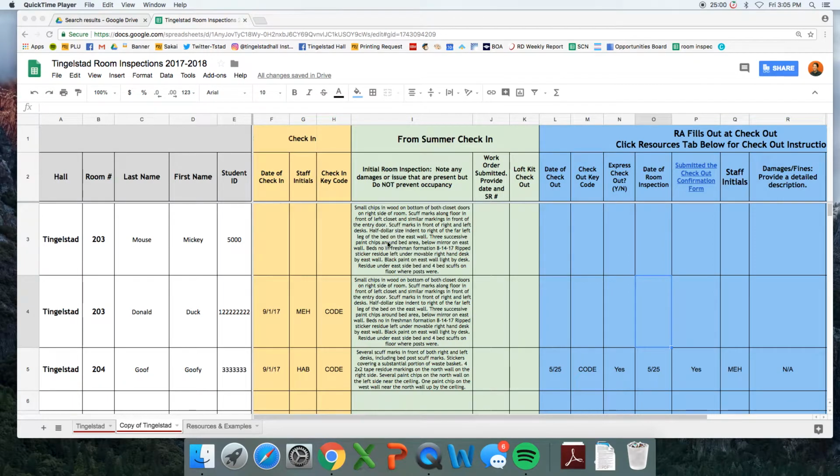This next section is from our summer check-ins. So our residential life staff over the summer will conduct room inspections prior to RAs coming on campus. This is a record of all of the damages that we know exist in each room. When we arrive at RLI, RAs will go back into each room and compare what they see with what's in these boxes. If there's any new additional damages, perhaps from conferences over the summer, you can add that information in here. This is the record that we use to make sure that we're not charging residents for damages that they